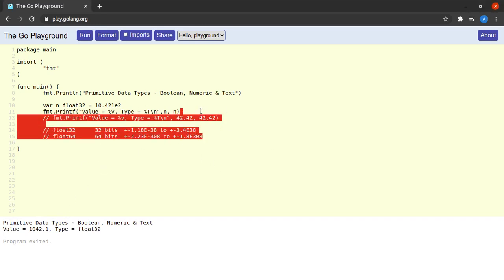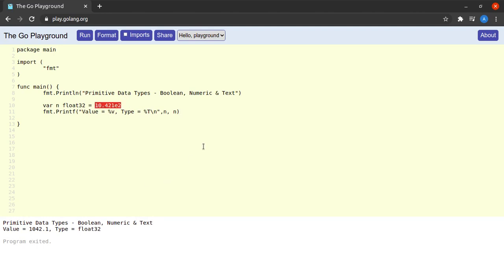So all of those were Go's basic numeric types, but Go has one more very important numeric data type, and this one is called the complex data type, which means that Go provides a primitive data type for handling complex numbers. So the complex data type again comes in two sizes. The first one is complex64 and the other one is complex128. So let us first see complex64, and I can initialize it with the following syntax. Suppose 1 + 2i. So those of you who are familiar with complex numbers will understand that this means the real part of the complex number is 1 and the imaginary part is 2.